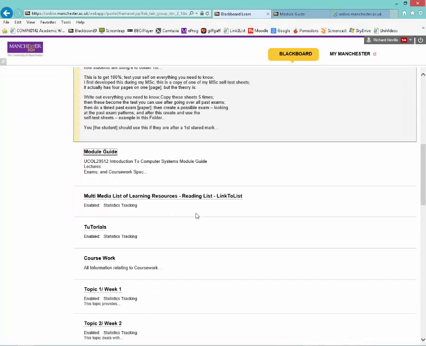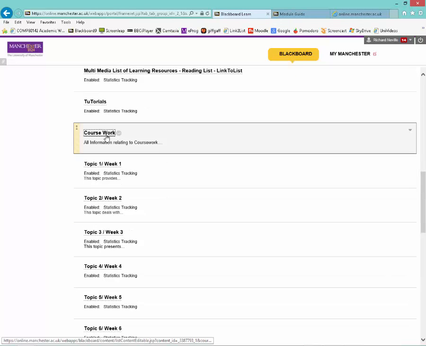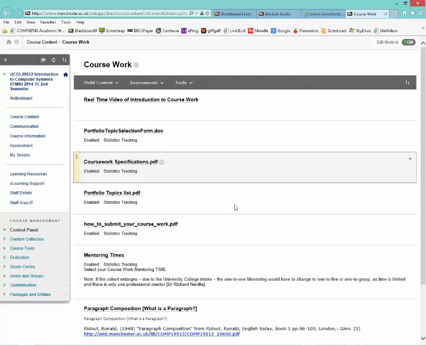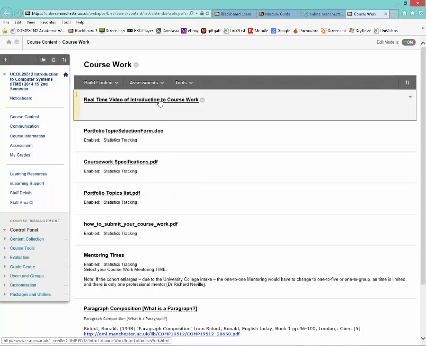So what we're going to look at now is the coursework. So let's go and look at the coursework folder. There's quite a lot of information here. One's a real-time introduction to coursework. Hopefully in my